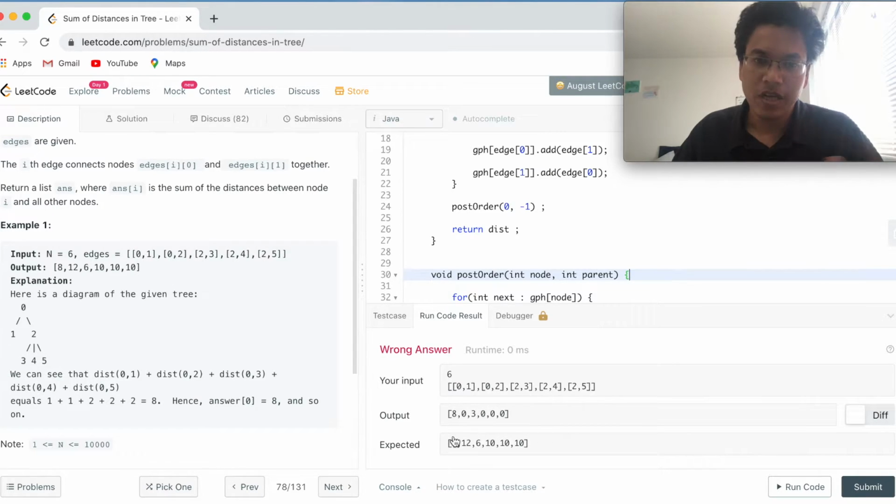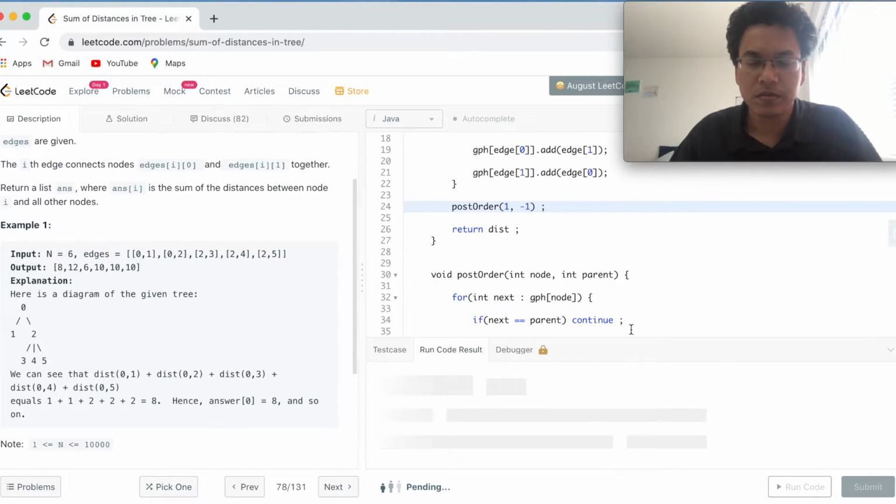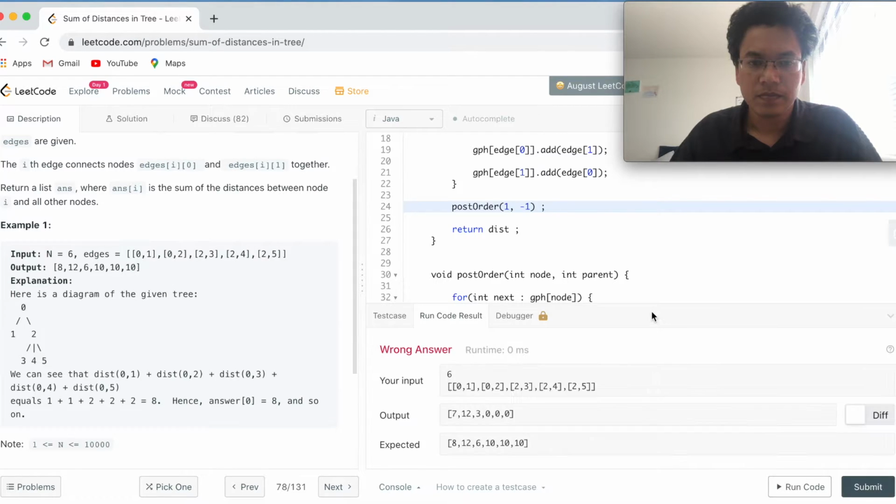Looks good. We have calculated the total distance for the ith position, which is position 0. Now let's verify what it gives for 1. Run. Which is 12, see 1 is 12, this is good.